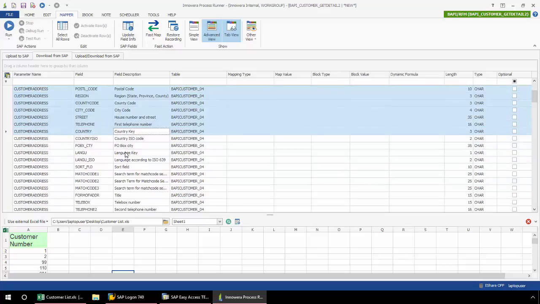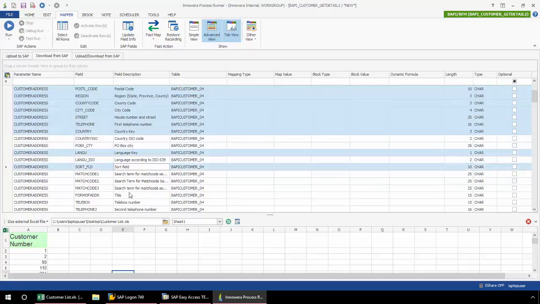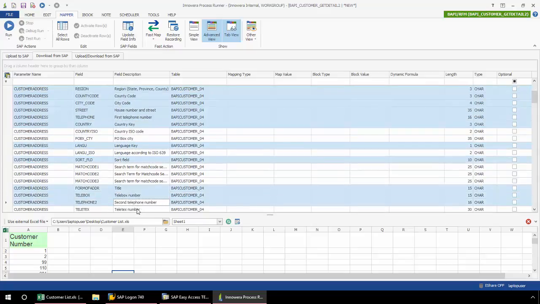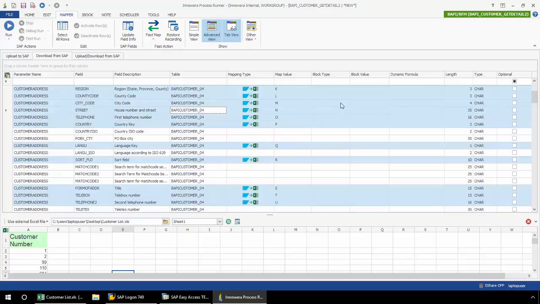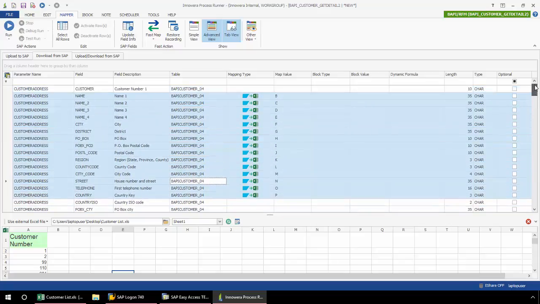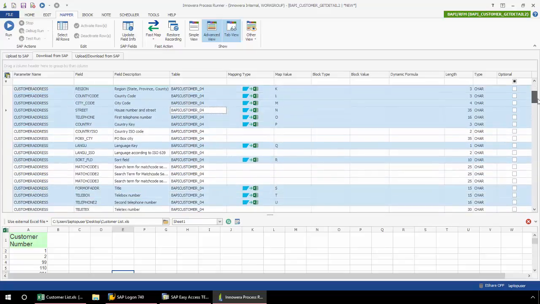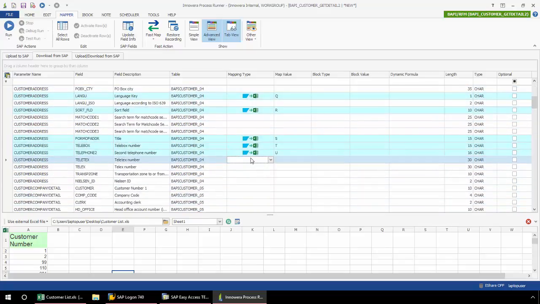So if I just scroll down a bit, I can skip some of these and just decide which ones I would like. Now I'm going to right click on my mouse and I'm going to select Fast Map, and I'm going to select SAP to Excel, and now these fields are automatically mapped for me. And of course, you can always manually do this on an individual field by field basis as well, just selecting whatever field you would like, and you can either type in or allow for the automatic input of that map